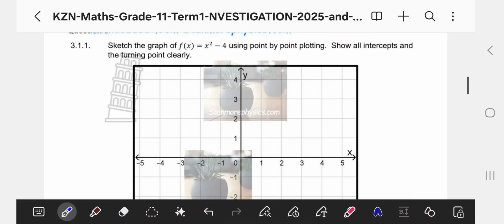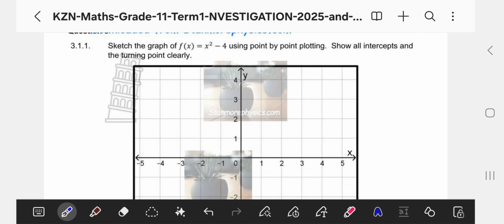So question 3.1.1 says, sketch the graph of f of x is equal to x squared minus 4 using point by point plotting. Show all intercepts and the turning point clearly. Point by point plotting. Okay, so we are going to take all of these values that we have, substitute them into the equation, and plot those points and then simply join them. Okay, so I'll start off with the values on the negative x-axis, and if I substitute -1,